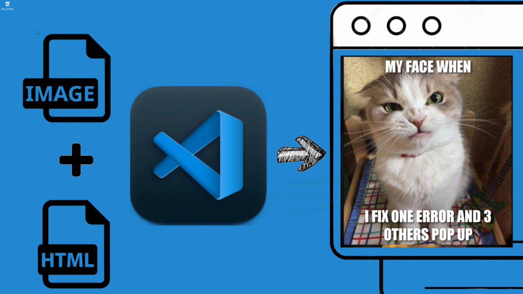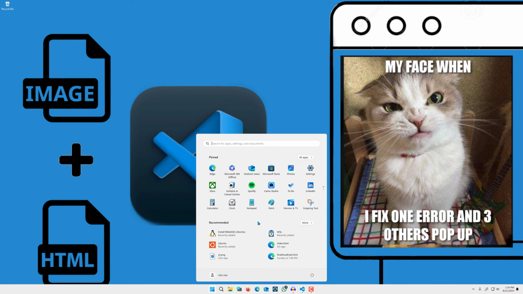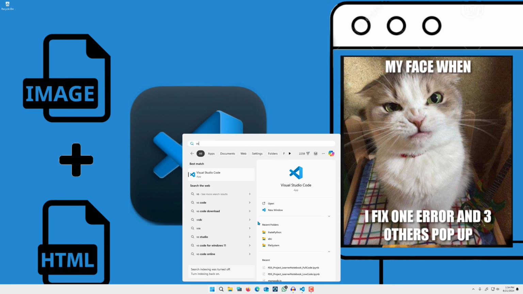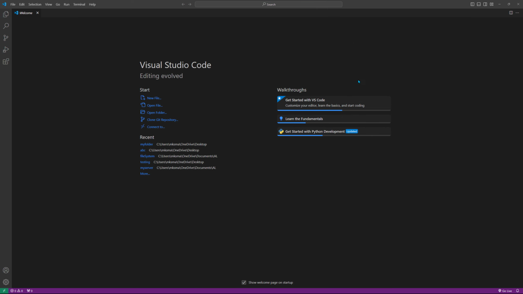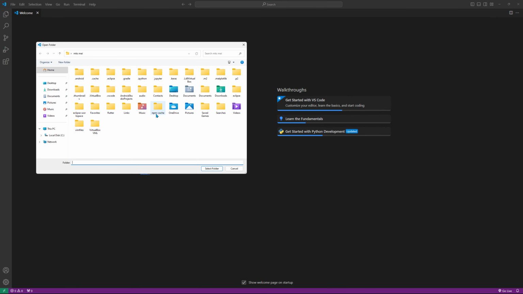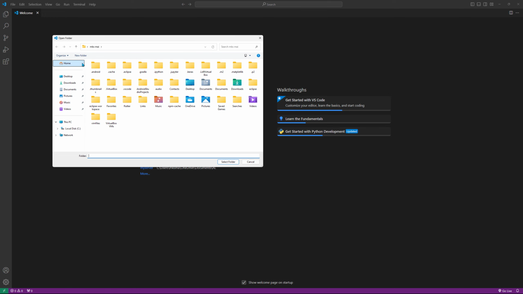Hello guys, welcome. Let's add images inside an HTML document using Visual Studio Code. So the first thing you have to do is open VS Code, and inside VS Code we're going to work with a folder. So click on this open folder option, and if you already have a folder you can